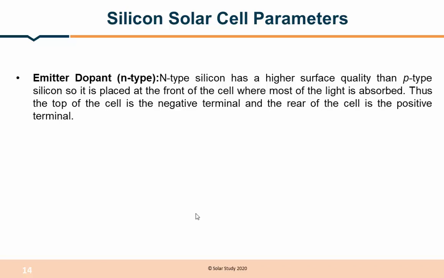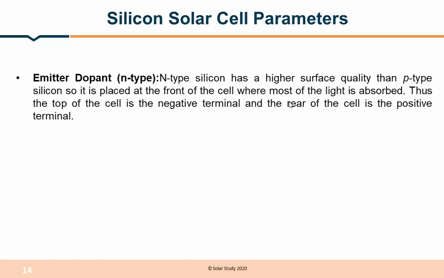Next, the emitter dopant. What is that? In a cell there are two types, one is a p substrate and the other an n substrate. Here the N type contains more silicon as compared to P type. So we have to choose how much dopant is required at the emitter side. By this, we make the P substrate a positive terminal to the outside and the N substrate a negative terminal to the outside. These terminals are connected to the bus bar.